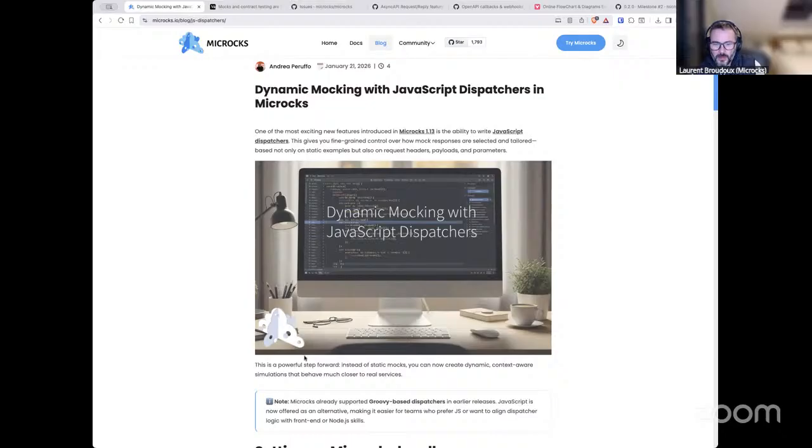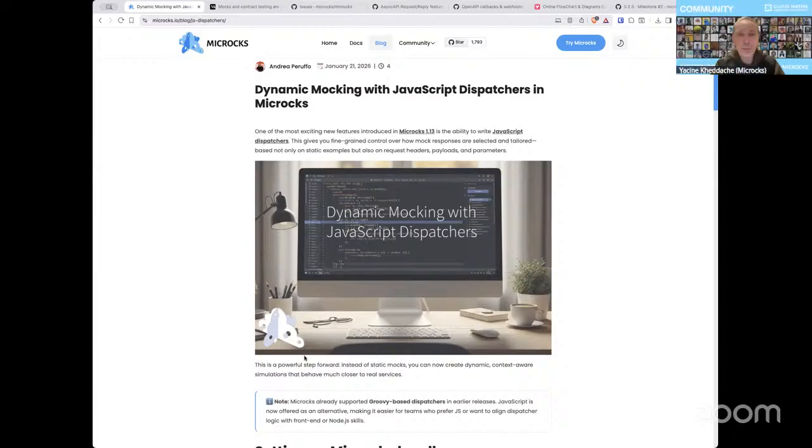I remember that in the latest release, maybe not 1.30.2, but 1.30.1, we brought some enhancements to the JavaScript dispatchers, because all the different APIs we had on the Groovy one were not implemented in JavaScript, but I think now we have feature parity with the Groovy script. Many people know how to write JS, and it's really nice to use it instead of the Groovy one.